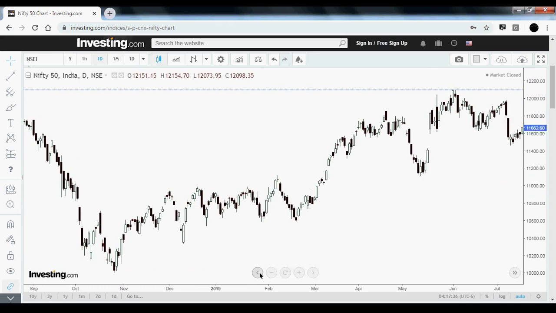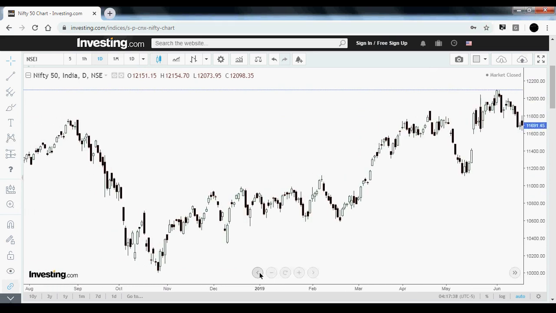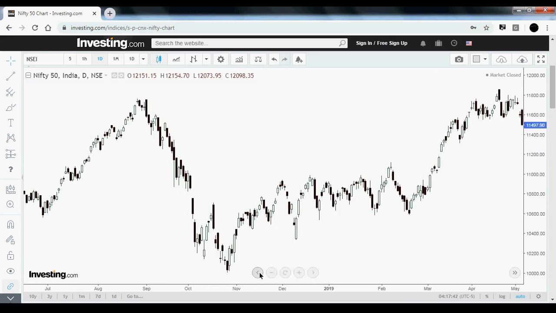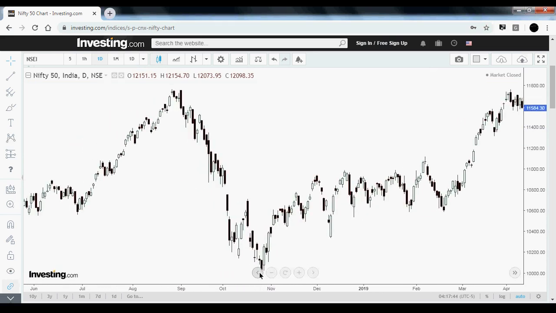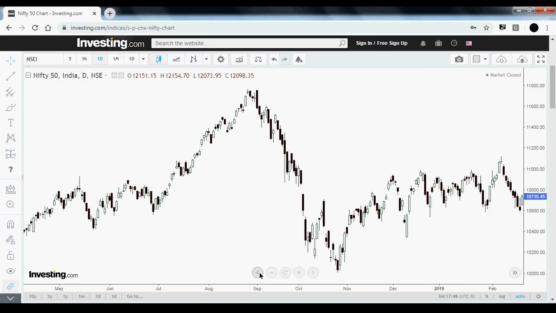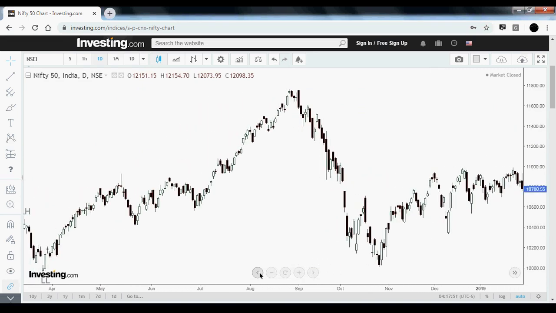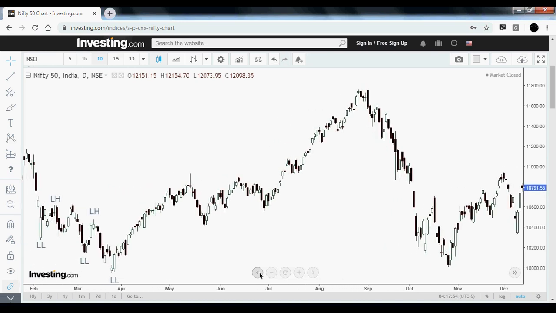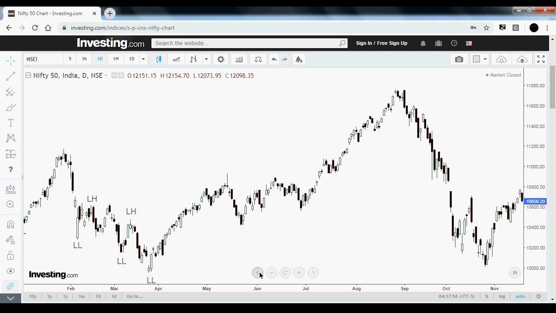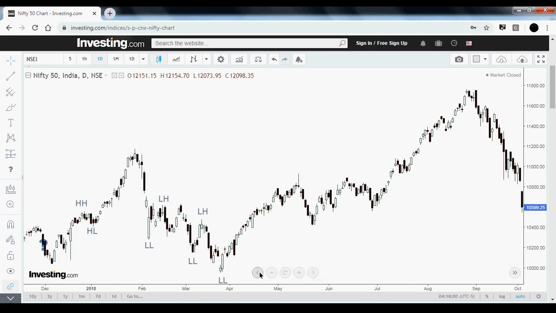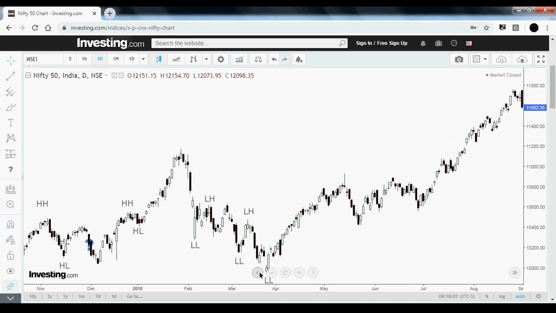So we were in a higher highs and higher lows pattern. Between there were a few places where we didn't have the perfect pattern of higher highs and higher lows. We had minor modifications where the high was not higher, or the low was lower than the previous low. So it didn't work out exactly as the textbook pattern, but we have to give the benefit of the doubt to the